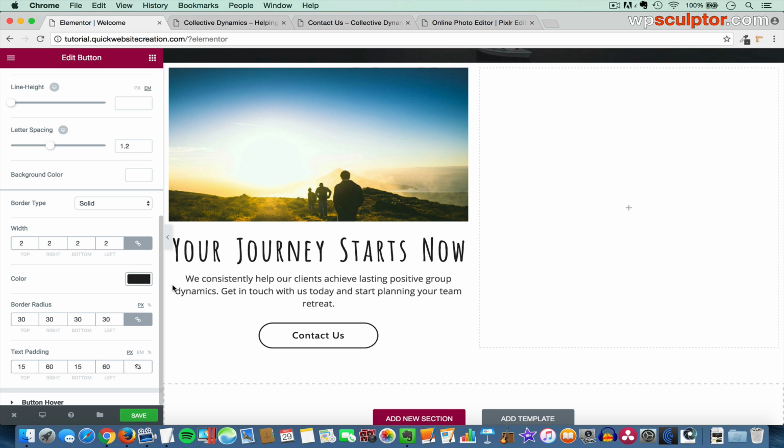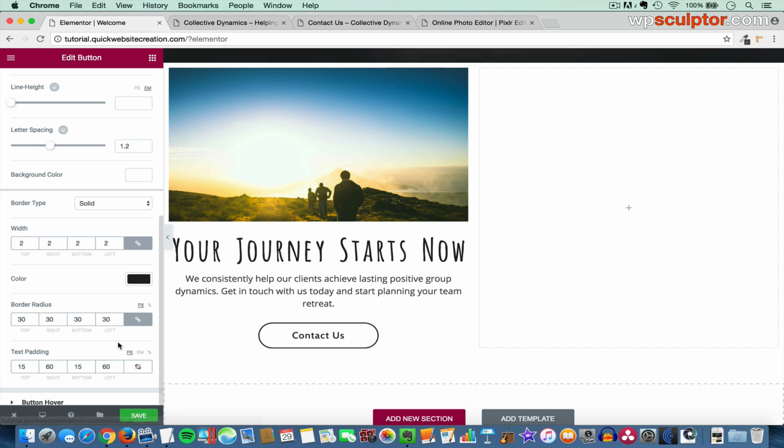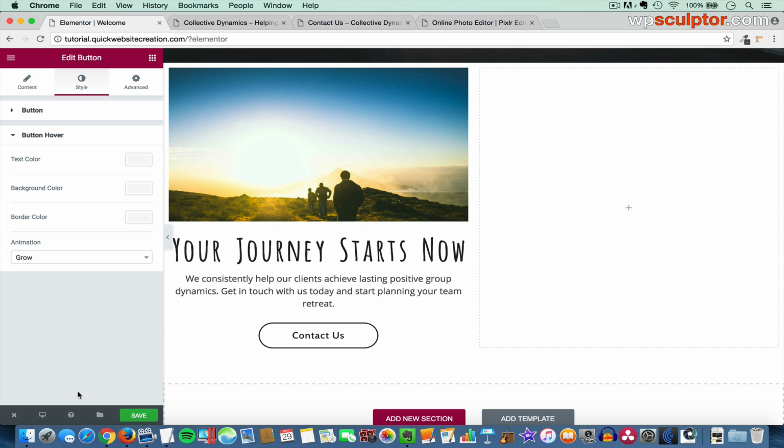And now we're going to add our hover effect. First of all, I'm going to remove the animation, the grow animation. So click on the button hover option there. And we're going to click on the animation where it says grow and change that to none. But this is where we're going to change the background color to dark and the text color to white when